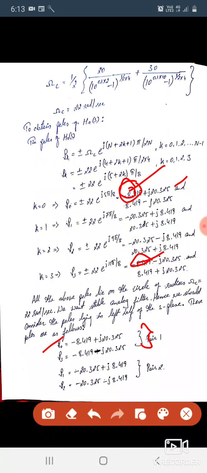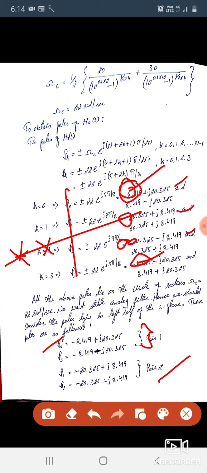Then P1 of the first, then P2 of the first, again minus sign. This is your pair 2. Hoping you are understanding this. Next, why we have to choose this: when we tell a system is going to be stable in control system, you learnt that the poles exist towards your left hand side rather than right hand side. For that reason, to choose stable values, we are going to choose negative values.